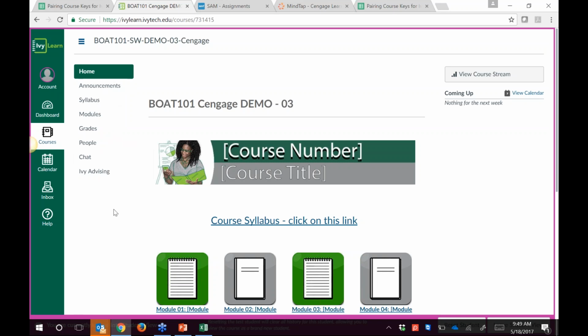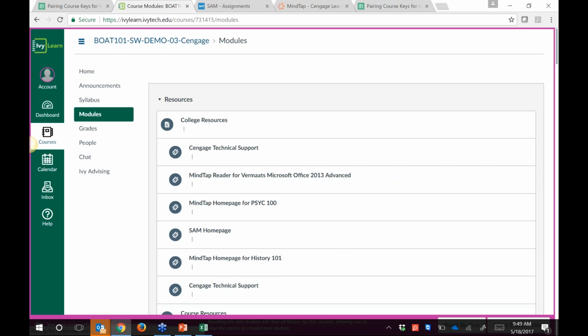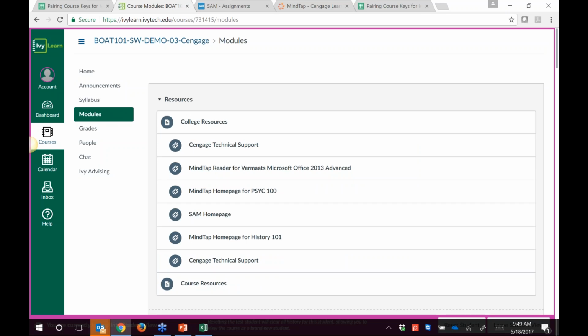So that's why when I'm in this student view, I don't see that Cengage icon. And again, you can place an announcement to your students or some type of directions in the modules, letting your students know where they need to go in order to register for Cengage. So let's assume that we had a student and they wanted to register for my history MindTap course that we